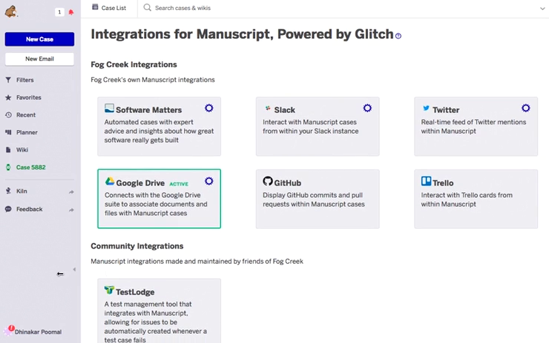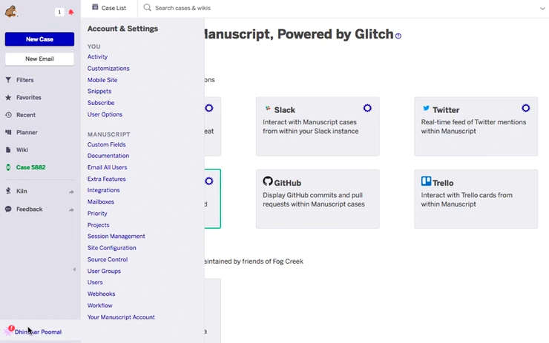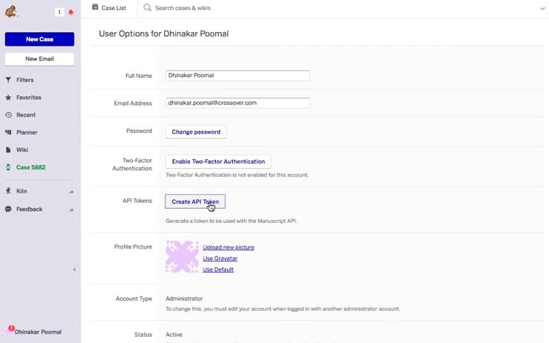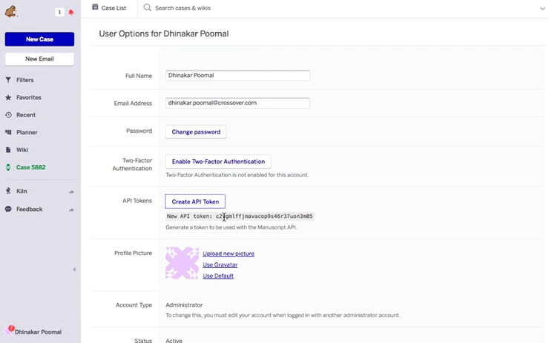Before that, I need to generate an API token, for which I'll click on my name, select user options, create API token. Now I will copy this API token and keep it handy. Now let's go to the